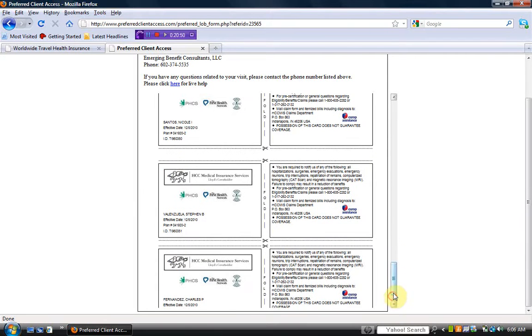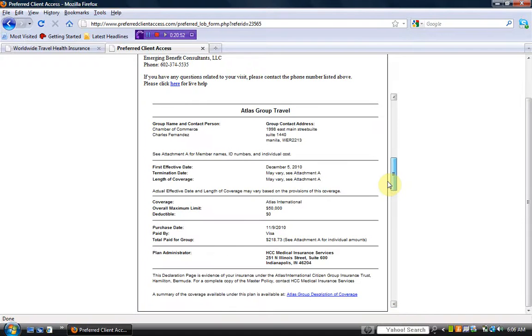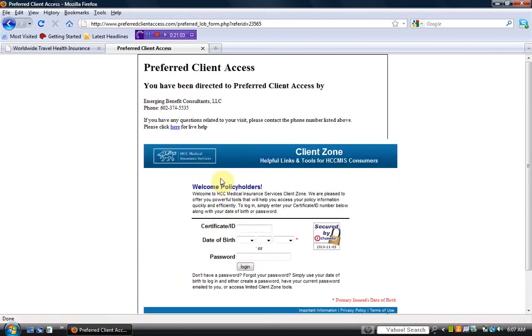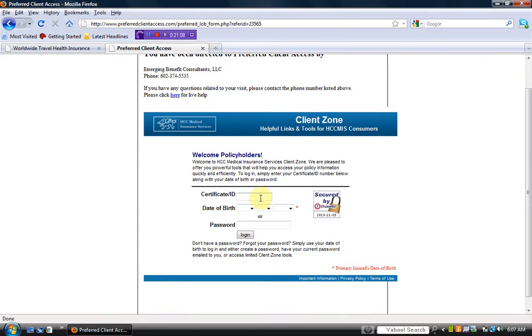Now, the one place that you should be visiting on behalf of your clients is, in this particular case, there's likely to be a required visa letter for the group for the selected travel. So what we need to do here is input any one of these certificate IDs plus a date of birth. Or if you are a travel agent and have a password, you could enter the password here, and any of the visa letters that are being issued for any of the policies that you're writing will be in that space. So what we're going to do here is go with Charles, and what I'm going to indicate